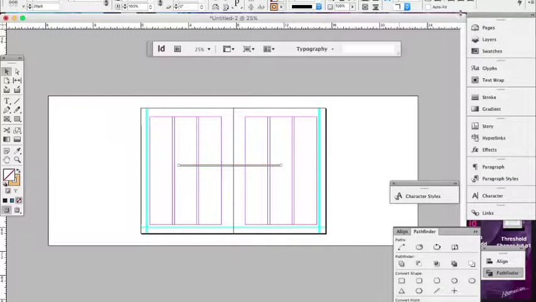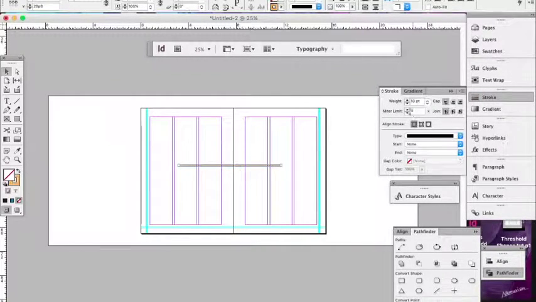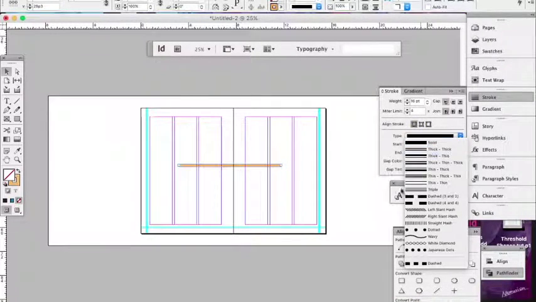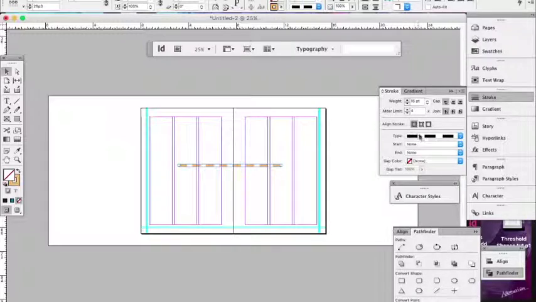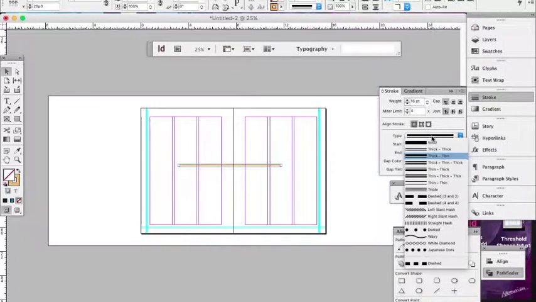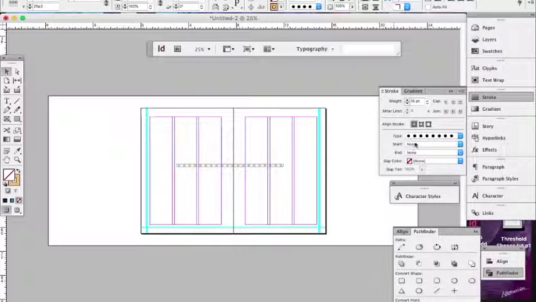When you have the stroke menu open, you'll see you can change the thickness, the miter limit, which doesn't really matter, the alignment of the stroke, which is very, very tiny and fiddly, the type of stroke, you can make it dashed, make it different kind of dash, you can make it a wavy line, you can make it thick, thin, you can make it a solid line, make dots,